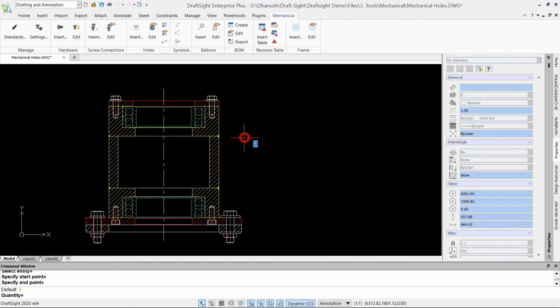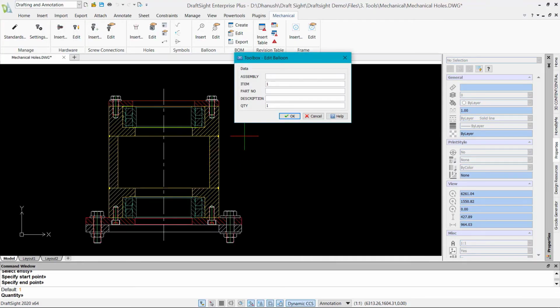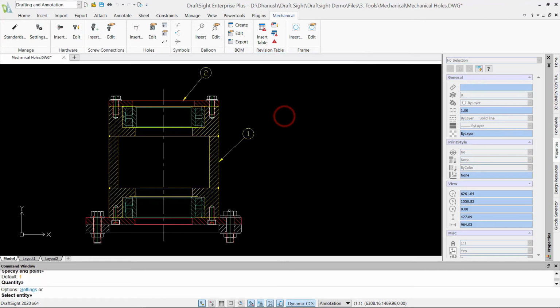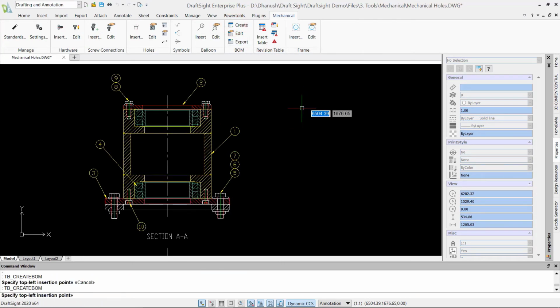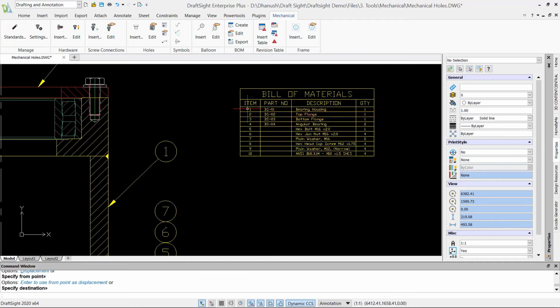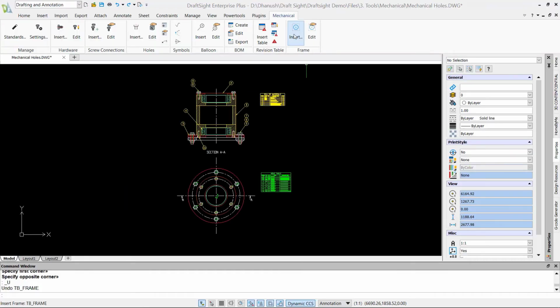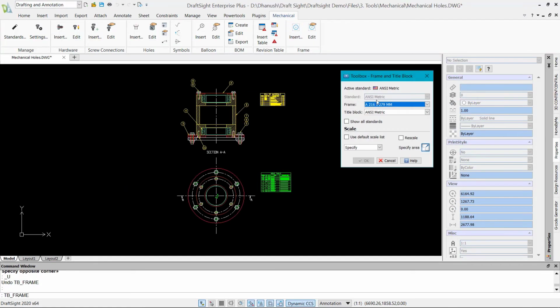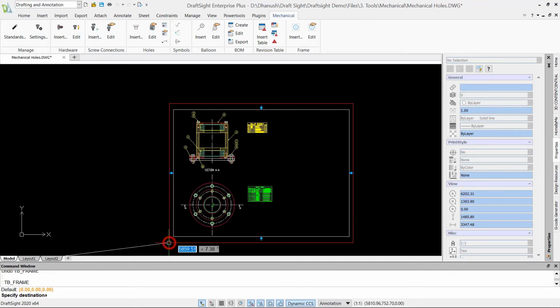Design and add balloons to drawing entities. Use the item data associated with balloons to add bill of material tables to your drawings. The mechanical toolbox lets you generate title block and borders based on the selected standards, and it has been equipped with attributes.